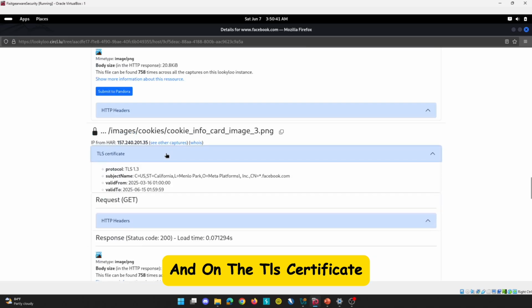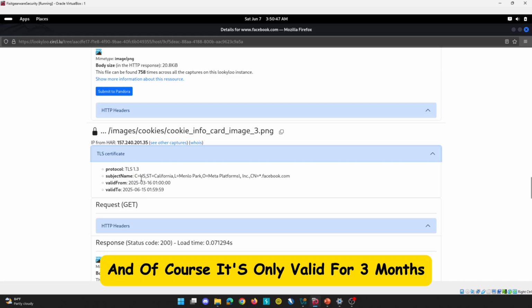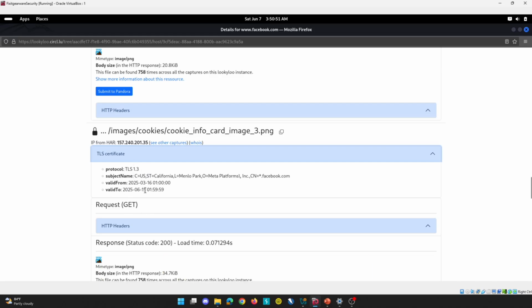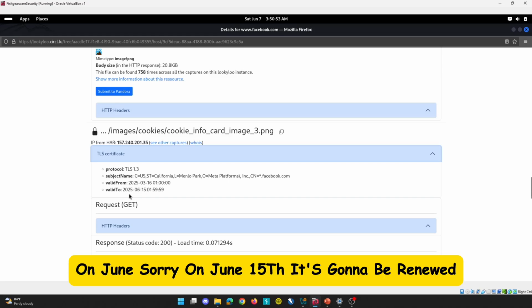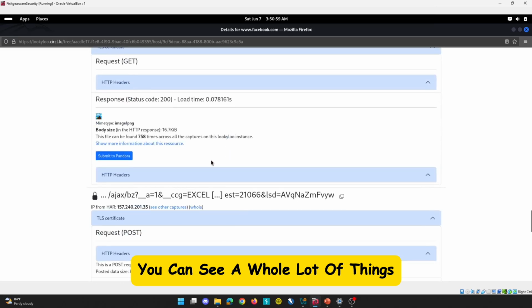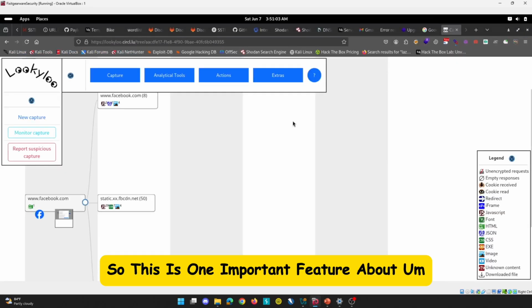Then under TLS certificate, you can see currently it's still valid. They're using 1.3, which is the latest one, and of course it's only valid for 3 months. After 3 months, on June 15th, it's going to be renewed. Then for cookies as well, you can see a whole lot of things. So this is one important feature about